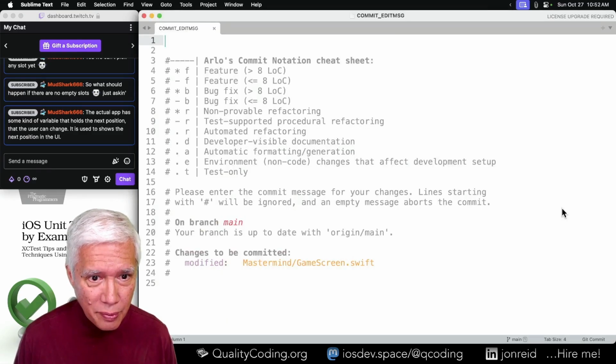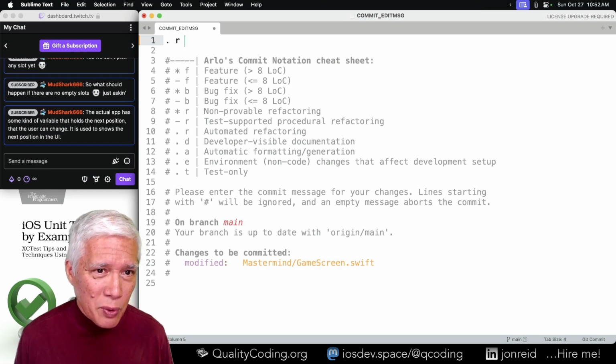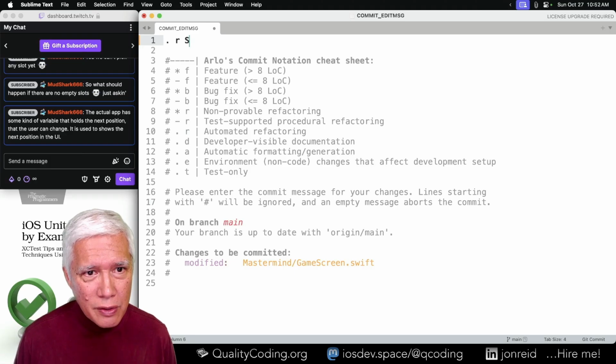So that was not really a fully automated test. On the other hand, it wouldn't compile without this. So I'm going to mark it as automated. It's more like provable. Simplify.